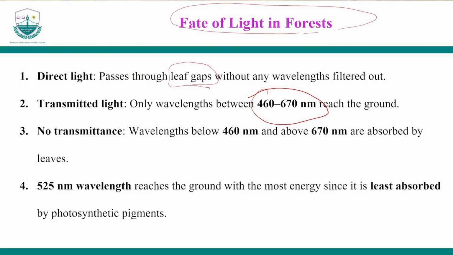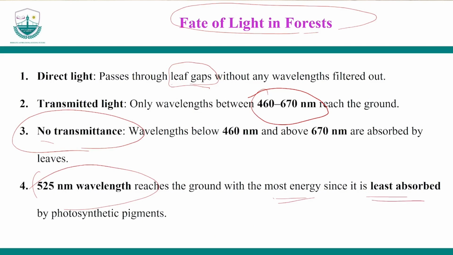That's what we call non-transmittance. The wavelength of 525 nanometers usually reaches the ground, and is the one that has the most energy, and it is less absorbed